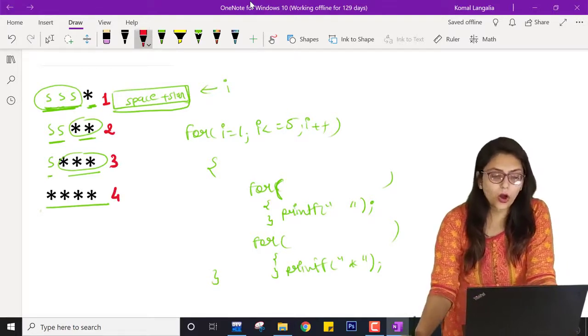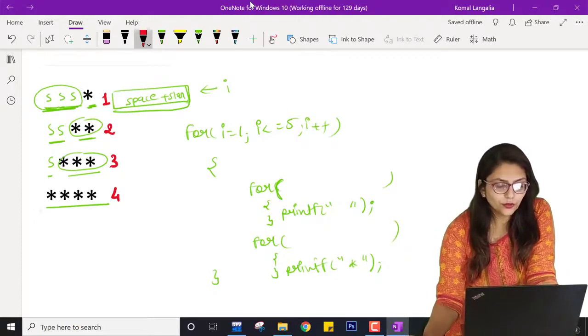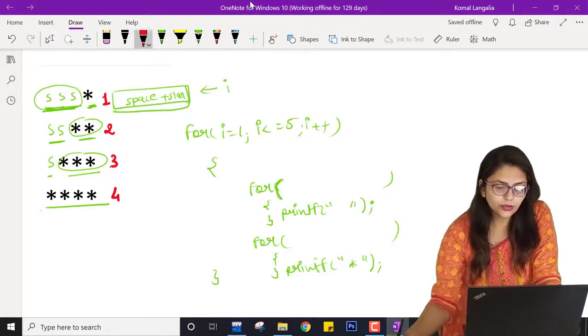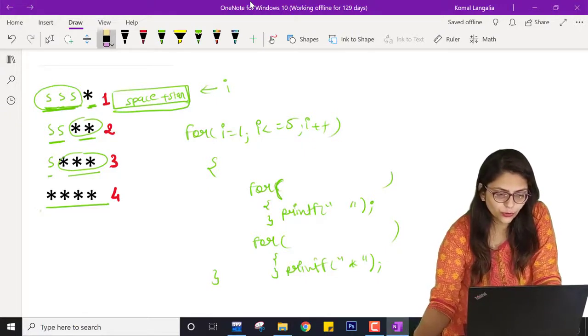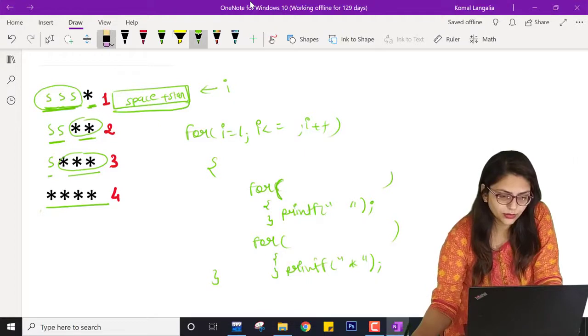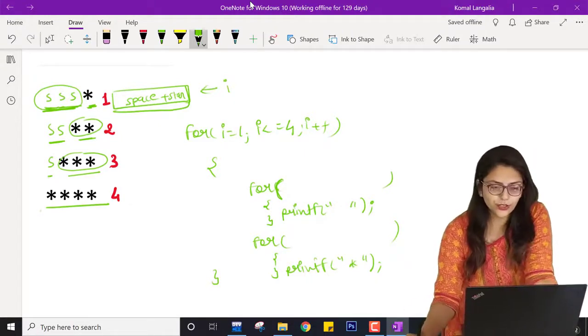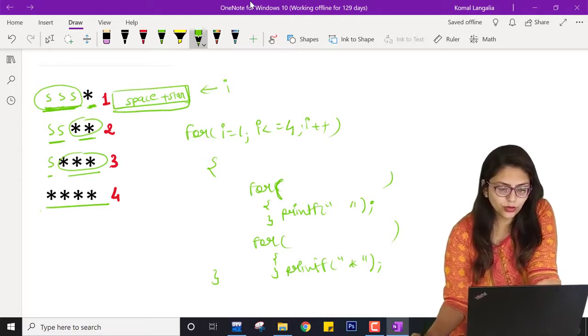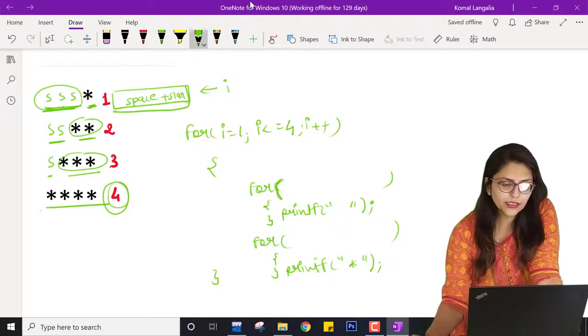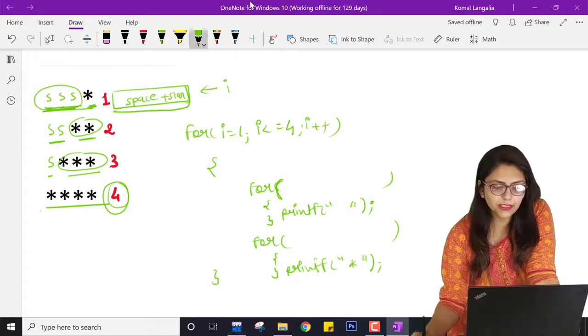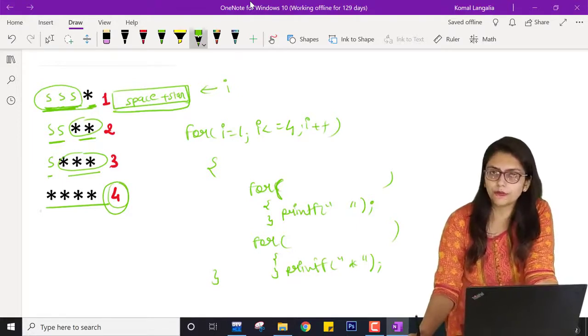Now what is the observation? The observation is that, let me start this with 4 so that it will be similar to our pattern. So here 4. Right. Now what is the observation? That in this 4, total digit 4, some are spaces and some are stars, but star plus space is equal to the total number of rows, right?